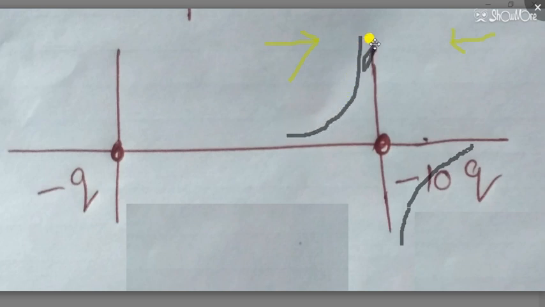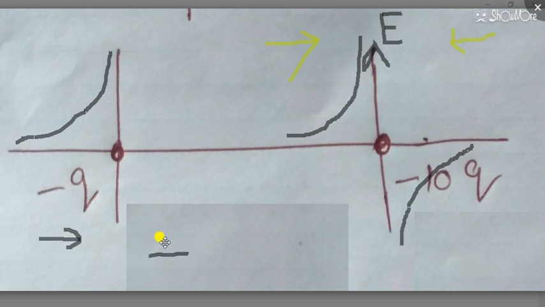Now the electric field is in the y-axis. Remember, in all questions of such type, the electric field is in the y-axis. Now due to this negative, the electric field at this point will be in the positive direction. That means the graphical representation of the electric field should be like this, and due to negative it is in this direction. On this side, due to this negative charge, the electric field should be in this way.